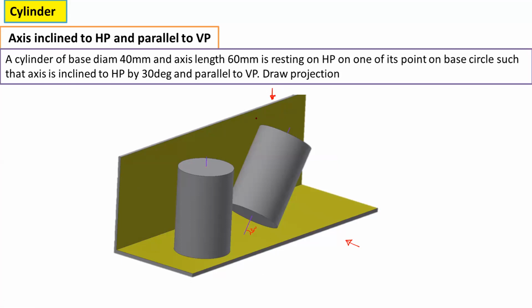To draw this projection on the drawing paper, we will start from the first stage top view. This is your first step. Then draw the front view in the first stage. Then rotate the front view. This is the third step, and then complete the fourth step. Now we will see this with the help of AutoCAD software. You follow the same steps and try to draw the projection on the drawing paper.